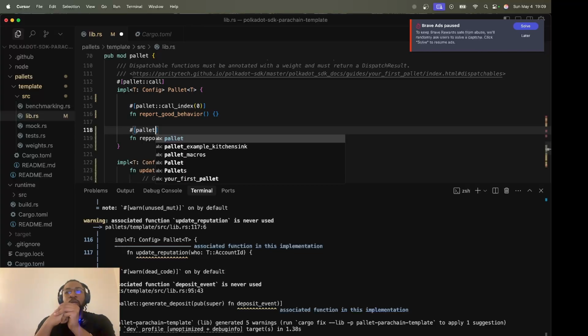People would submit a transaction as a proposal to get executed on chain.